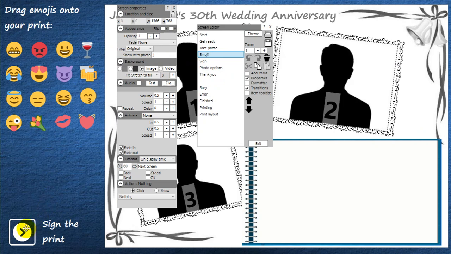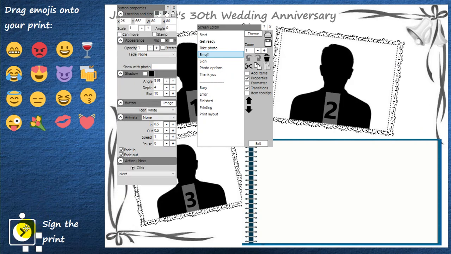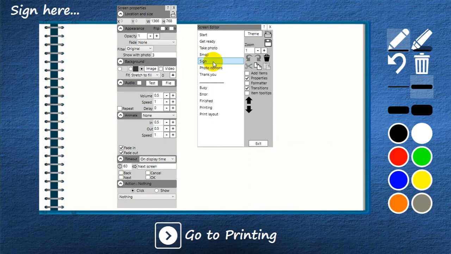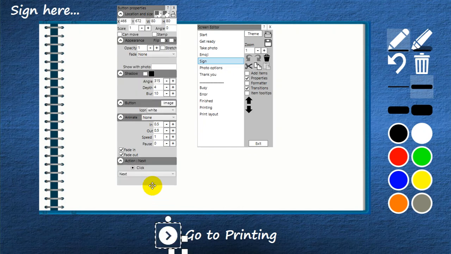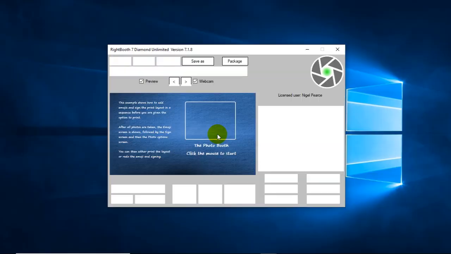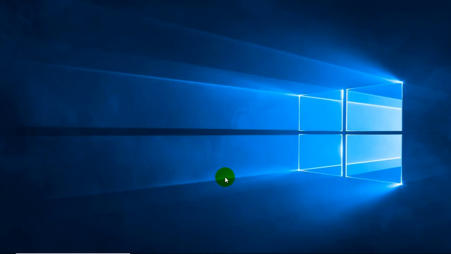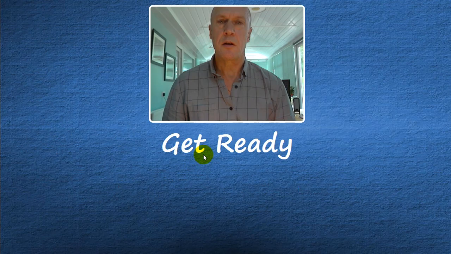Then there'll be this button here to click next to go to the next screen, which is the sign screen. They'll sign this screen and then they'll click this button to go next to go to the photo options screen. So it's a slightly different approach. Let's try that just to show you what happens. Play the event, click,